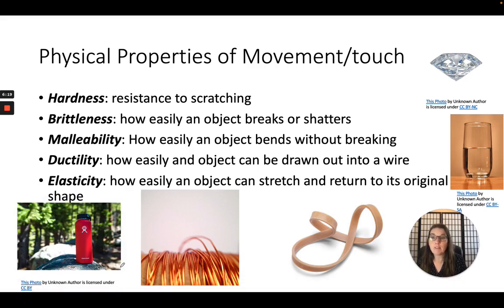And you might remember from earth science, there's actually a hardness scale from 1 to 10, with 10 being the hardest substance known to humankind, and that's actually a diamond. Okay, so this is a hardness of 10 right here. And that means that the only thing that can scratch diamond is another diamond. Other substances are going to have different numbers on this hardness scale, and I don't know what those are off the top of my head,